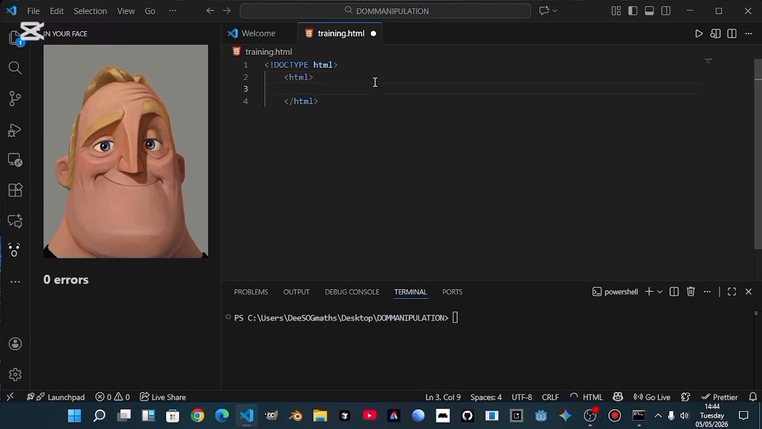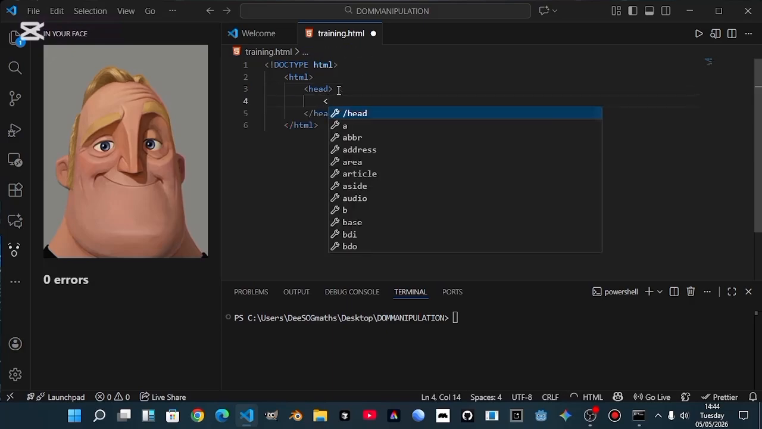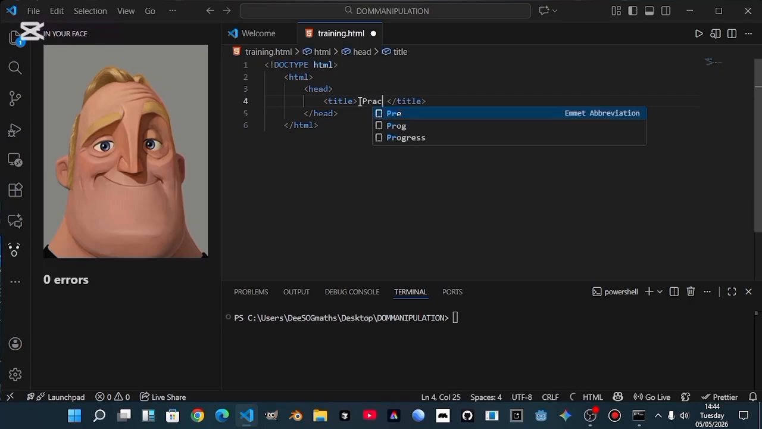Going down, we have the head tag. We can nest some things in the head tag. I think we can close that up by writing head. Of course, in your head tag you can have a title if you want. There are some things called Emmet abbreviations for VS Code. Emmet abbreviations are a faster way to write tags, but I'm not using them. But you can use them. Perhaps maybe in another video I'll show you how to use Emmet abbreviations. Let's just write practice here,